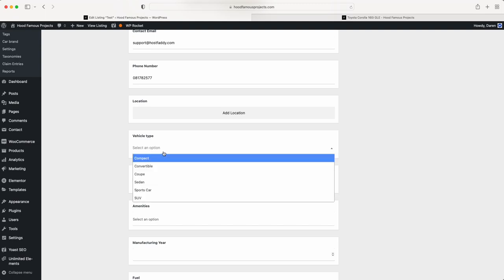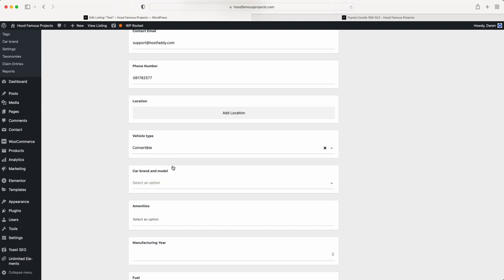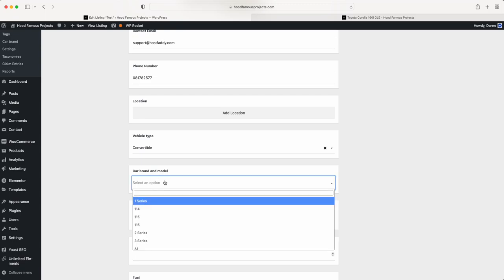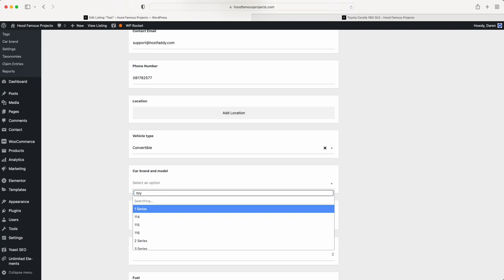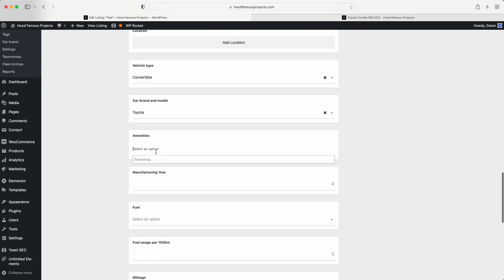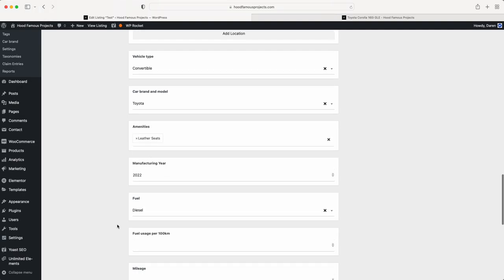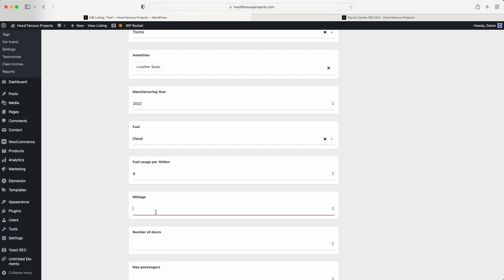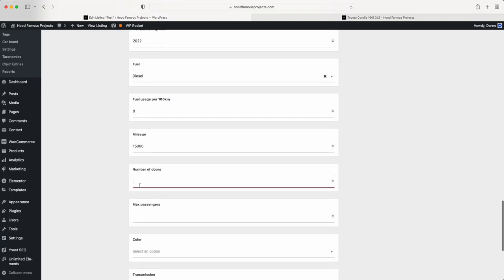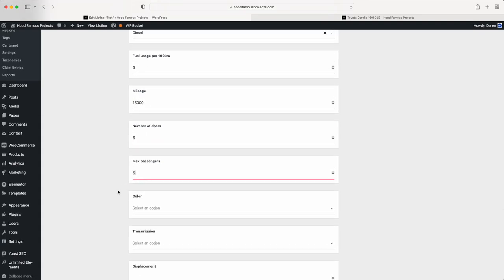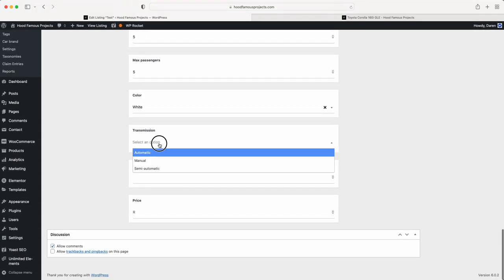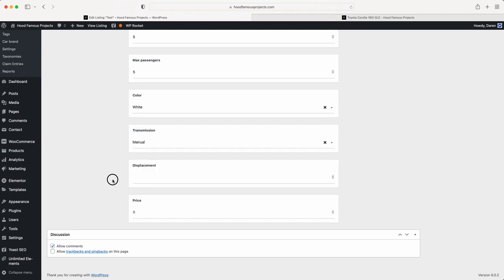Vehicle type, so now I'll just make this one a convertible. Brand, Toyota. Fit in here, we'll go leather seats. Just like that. Year, 2022. Fuel, diesel. We've got 15,000 kilometers on the clock. Number of doors is 5. Maximum passengers is 5. Color of the car is white. Transmission is manual. Displacement, nothing. Price, if it was my car, I want